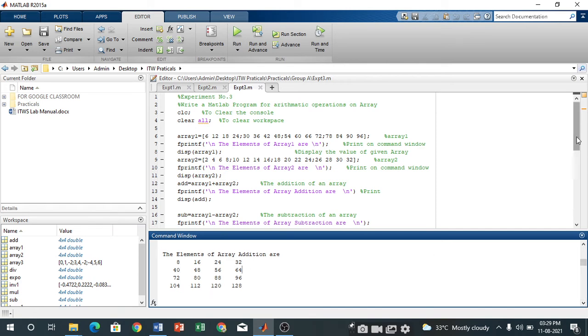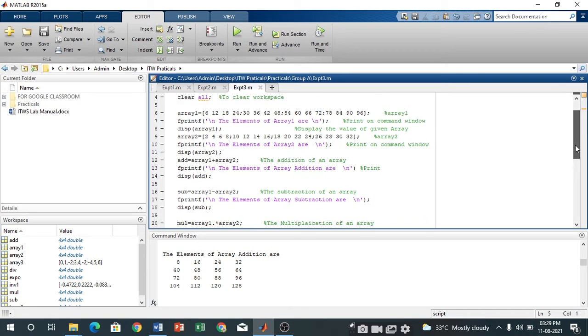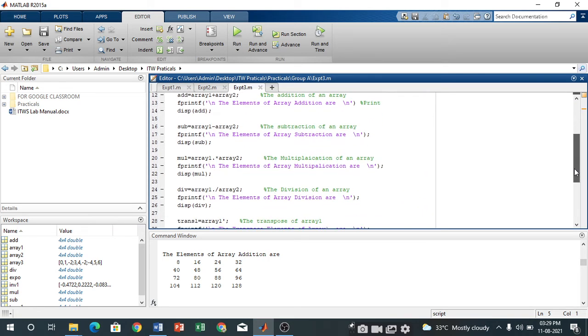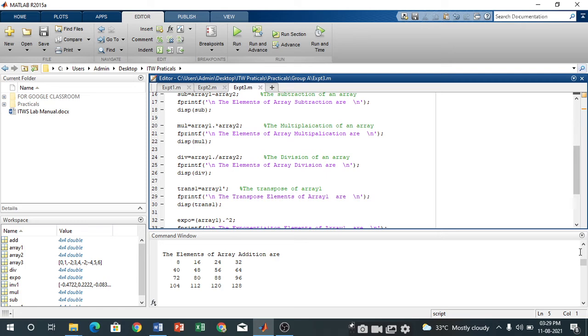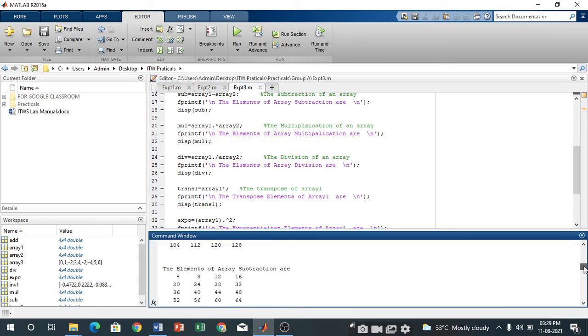Just like that we have array subtraction, array multiplication and array division.